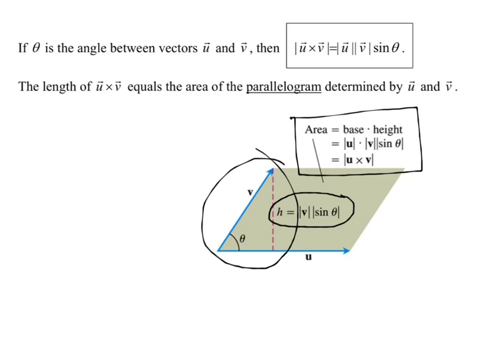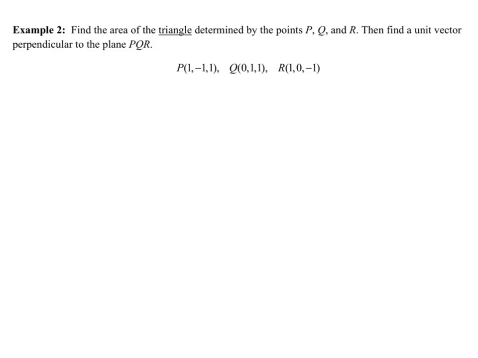Let's apply this. So remember that geometric definition, and that the length of the cross product is the area of the parallelogram. Okay, here we go. Find the area of the triangle determined by the points P, Q, and R, then find a unit vector perpendicular to the plane PQR. So we're given points, we're not given vectors. So what we need to do first